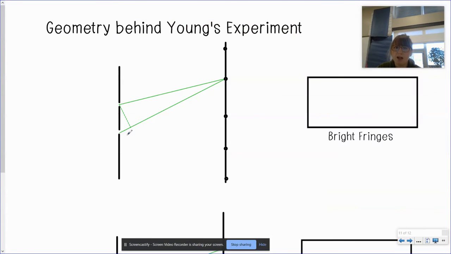All right, let's go through the geometry behind this experiment because we do have a couple of equations to go along. So this distance right here between the slits is d. That's our distance between the slits. And then we've got a little angle in here, theta. And then this difference, so if I have a distance measured to, let's say this is the central fringe, and this is the next brightest one, the difference in those measurements right here is going to be